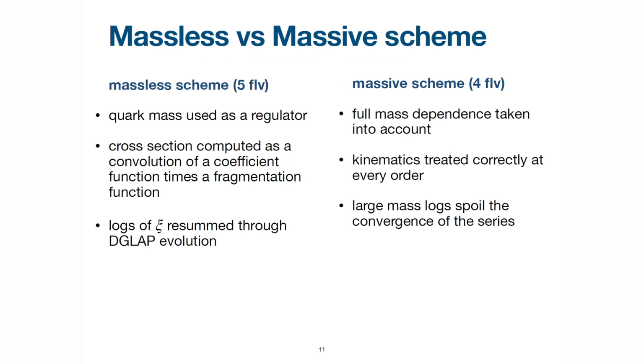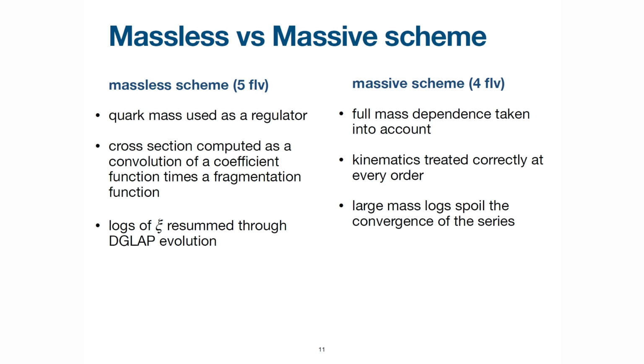And why is this interesting? Well, because it allows us, through DGLAP evolution, to resum logs of the mass of the B divided by the hard scale. Same way as it works for PDFs. What you lose is that you don't have the full kinematics of a massive B. So then what you can do is to do the calculation in a massive scheme. Of course, this is more difficult because you have more masses, you have another scale. However, if you go in a regime where the mass is much smaller than the hard scale, then you have large logs which are not resummed.